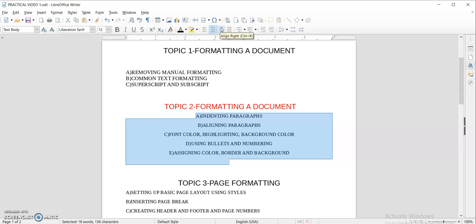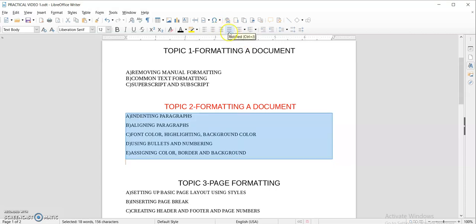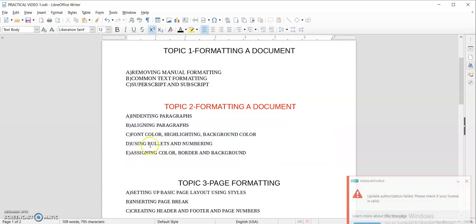If you want to align the text on the right-hand side, you can simply click Ctrl+R. Otherwise, click on this icon. If you want to justify, you can simply click on justify, and the shortcut key to justify is Ctrl+J.